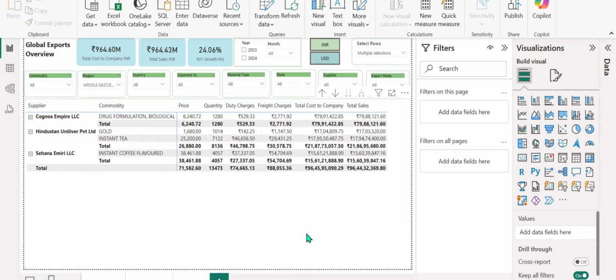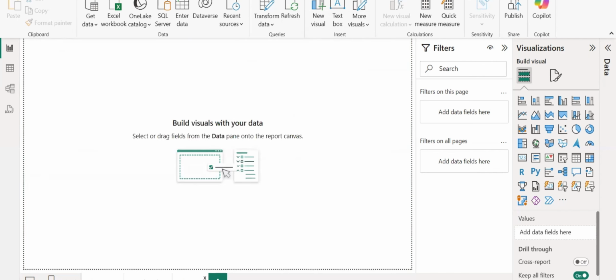So the client comes into this page and he can see everything in terms of values. No visualization, he can see it in a matrix format. He can slice the data and apply the bookmarks. The client doesn't know what happens in the backend, but if he clicks on INR, he will be able to see the data in INR, and USD, he can see that. The next step is,